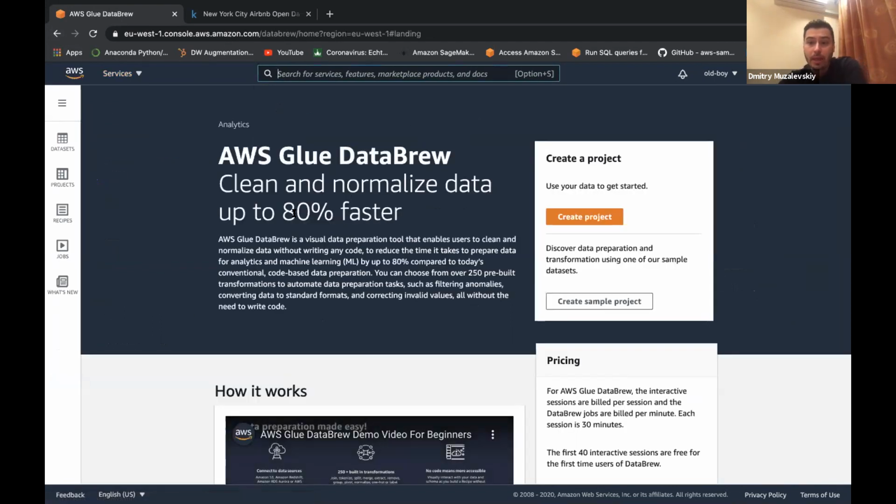And here is the main page for the new tool. As you can see from the name, part of the name is AWS Glue, which is a very well-known and famous AWS tool for ETL, extract, transform, load. This is also a really helpful tool, not only for software developers, but also for data analysts and data scientists, because with AWS Glue,